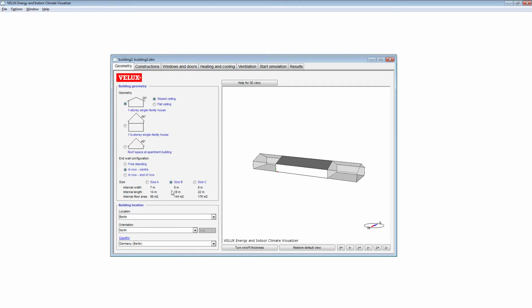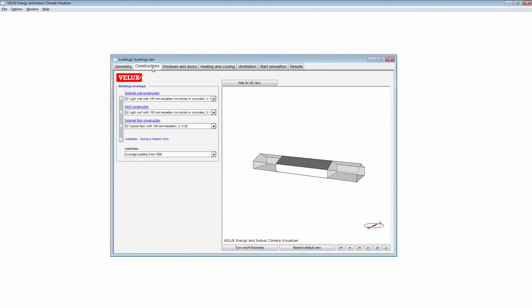In this part we put in our location, and here we can assign different conditions to our walls and roof, of course. It could be, for example, that we are not sitting on the ground. This is maybe the top floor in a high-rise building.